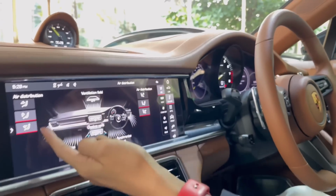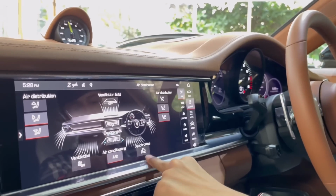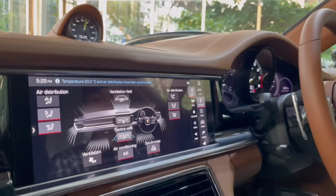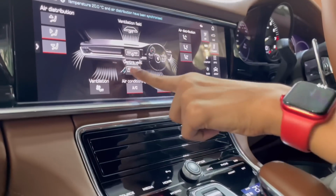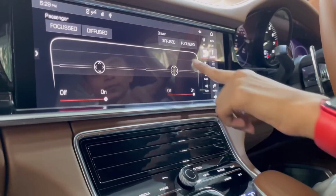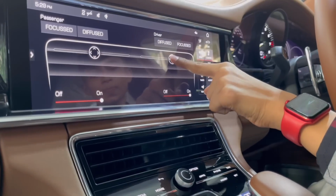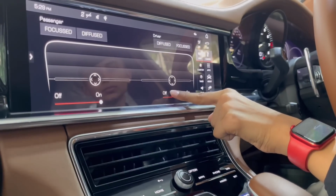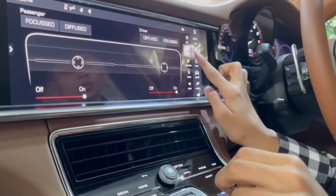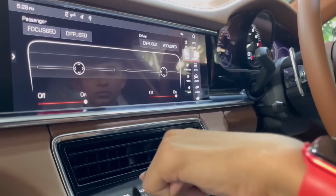So where you want the air to be on both of the sides, your ventilation off, AC, your SYNC here. This is for this one to turn off. There, this one to turn on. This is for the setup, so where you want the vent to be. Oh, sorry, wait. There. So up or down, where you want it. So I want it on my face. There. So if you go back, there,